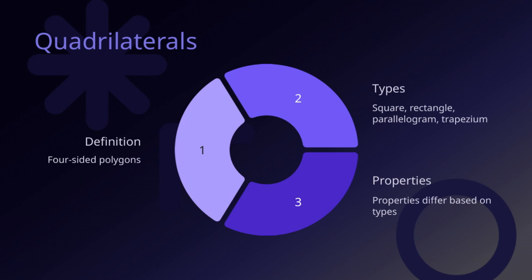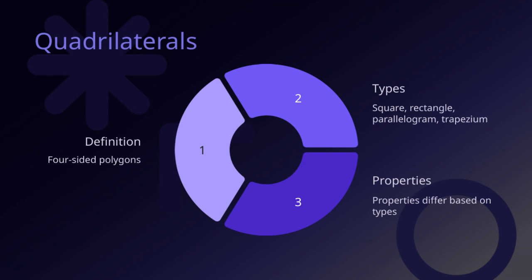Remember, all these shapes are called quadrilaterals because they are four-sided polygons, and understanding their properties helps us distinguish one from another. This is a key part of understanding geometry because recognizing these properties allows us to classify and analyze